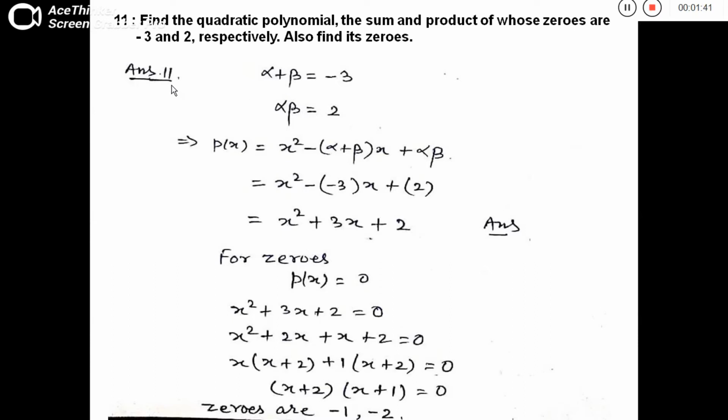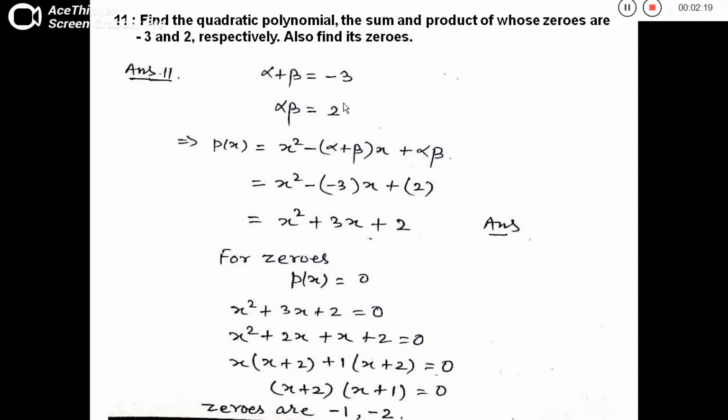In this solution, as the sum of the zeros is given -3, it means if alpha and beta are the zeros of this quadratic polynomial, then sum of zeros, alpha plus beta, equals -3. Understood? And the second thing given is the product of its zeros. Product of its zeros is equal to 2. It means alpha into beta equals 2. So let us find out this quadratic polynomial in which sum of zeros and product of zeros are given -3